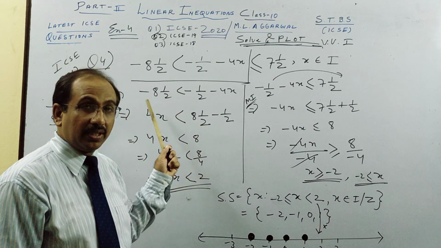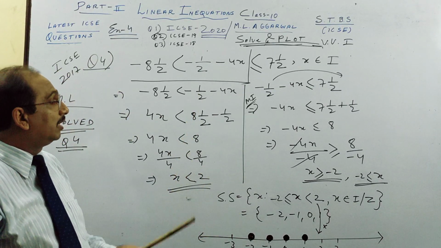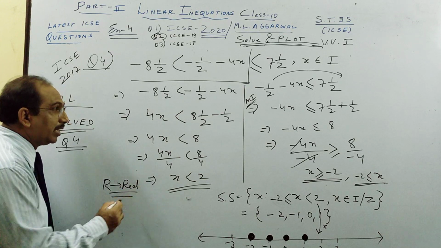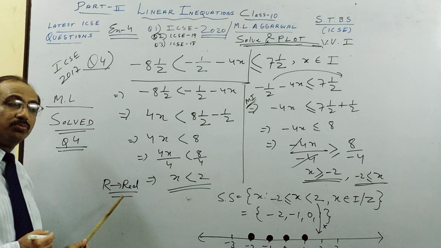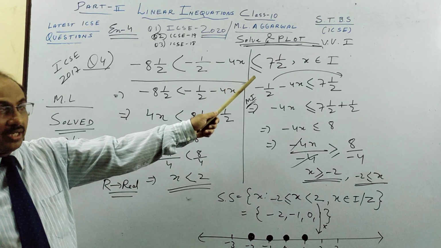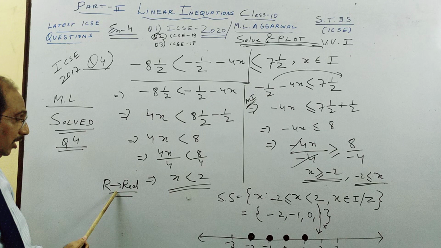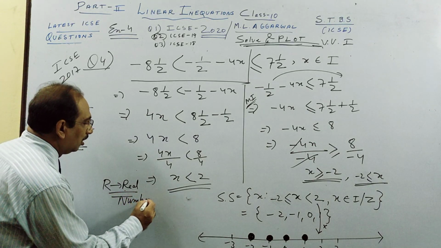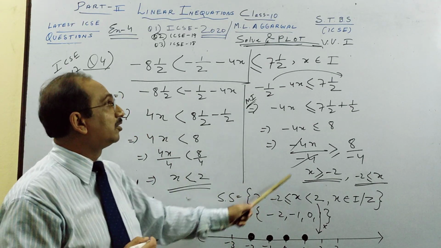So I have done first question, real number, integer, whole number. But most of the questions, children, come from real number. Okay, so in my next part 3 maybe, I will solve 3-4 ICSE questions where I will show you, because majority of the questions, so this is called replacement set. So I have done many replacement sets, integer, natural number, whole number, real number. Most of the replacement sets are from your real numbers, and this solution set is a subset of this.